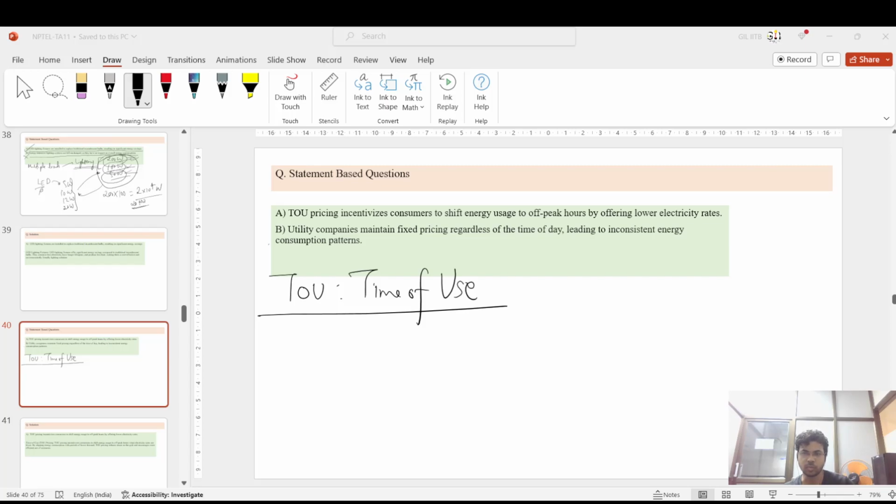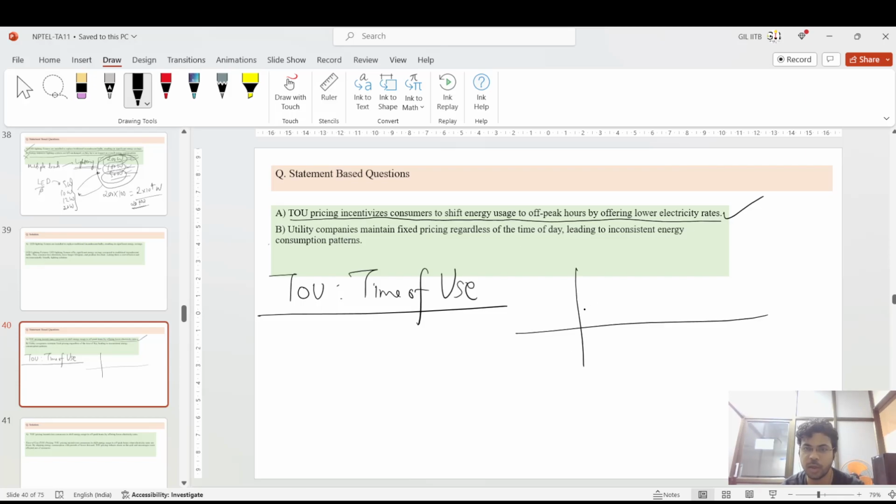Okay, A is true. I've got one answer. Both have A as true. Let me read the statement. The first statement says that TOU pricing incentivizes consumers to shift energy use to off-peak hours by